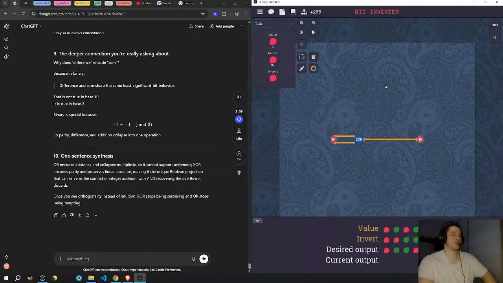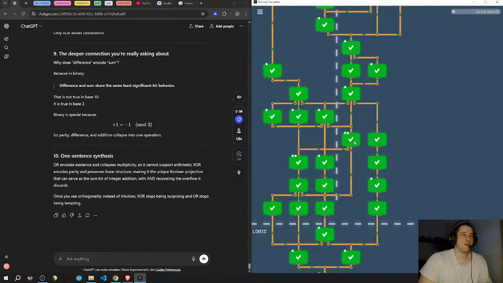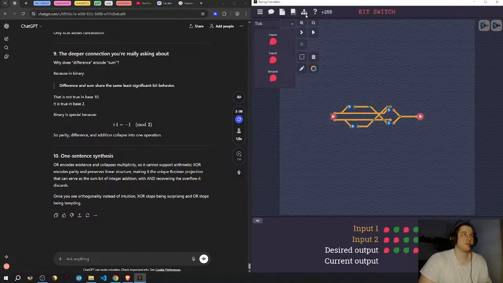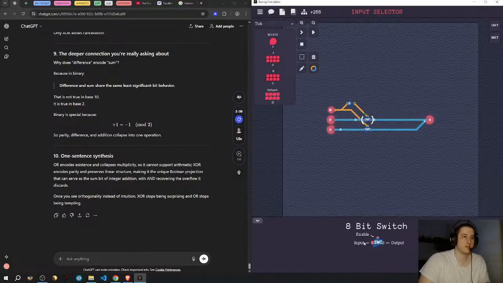Also, this level is just to show that the bit inverter is the same as an XOR. This one with selector. So using the switch from the previous level, you have this gate here. It works as an enable. I think it's used, but this is not used on the decoder,